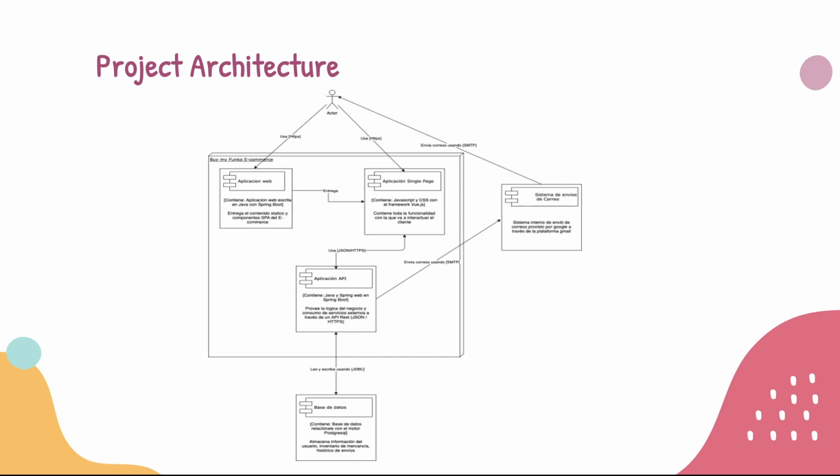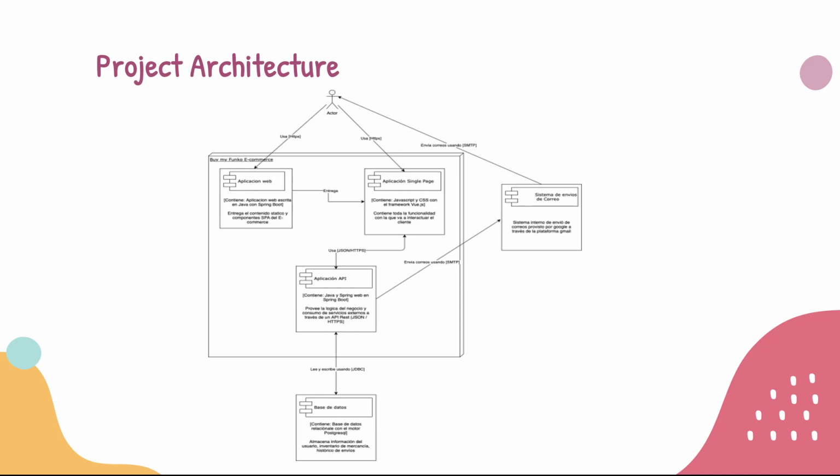Our application has a three-level software architecture divided into presentation, business, and data. The interface part or front end is a SPA developed in Vue and consumes a REST API. On the backend side, it is developed in Spring Boot, which offers a REST API for communication abroad, and it is also connected to a module that is responsible for sending emails via